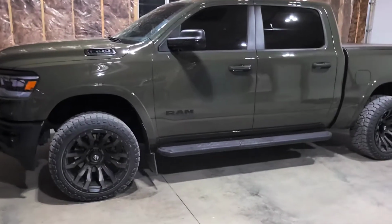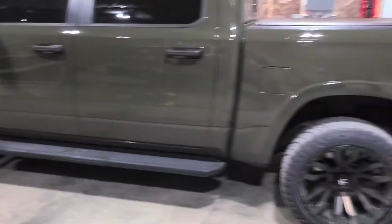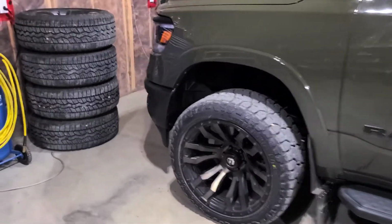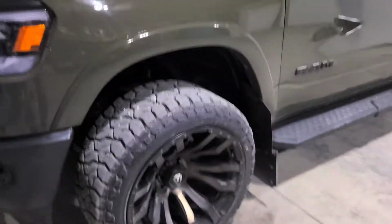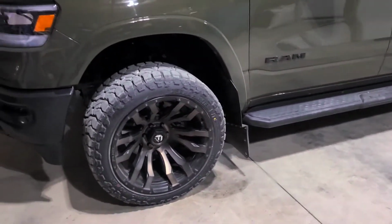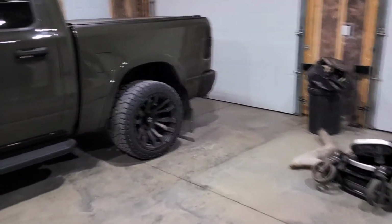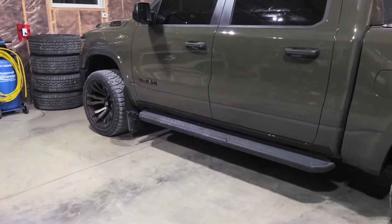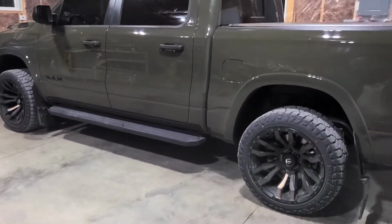Alright guys, so took a little longer than I expected, but got her. So it's sitting on 22x12s, a -44 Fuel Blitz in bronze. And it was tight. I had to do a little bit of modification to make it fit with kickbacks. With just wheels and tires alone, you'll be all right. But with the kickbacks on the front, you're gonna need to do a little bit, or even mud flaps, not even just kickbacks alone. Anything on the front, you're gonna need some modification to get them to fit,